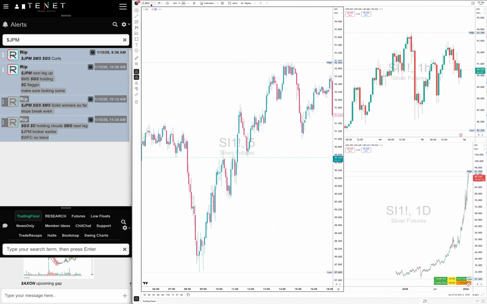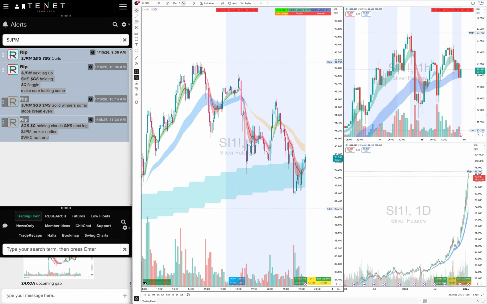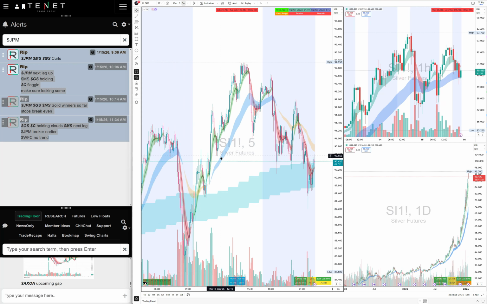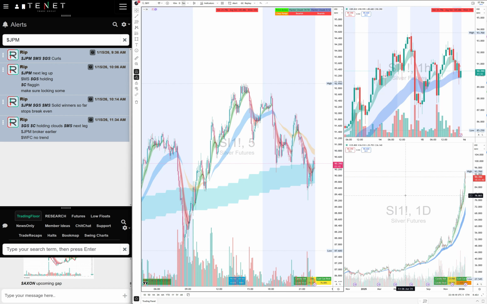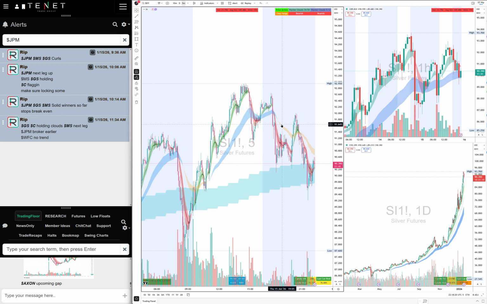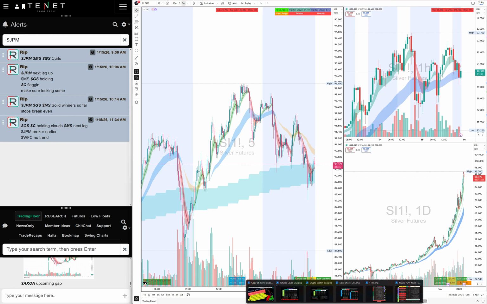First of all, we have silver futures. You could trade these silver futures if you like. If you do not know how to trade futures, make sure you watch my webinar. NinjaTrader should be on YouTube, also in our webinar in the community, how to trade futures, making a living with futures, just like how we trade ES and NASDAQ futures. So we provide these levels in the futures as well, in the pre-market planning.